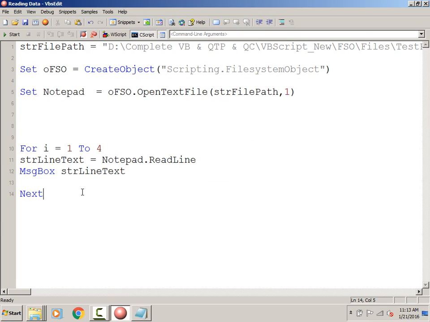Okay, so it is reading the fourth line. Now if you want to read only the fourth line, you cannot do it. But what you can do is, if you say that no, I don't want to display all 4 lines, I want to display only the fourth line, then what you can do is display this message box